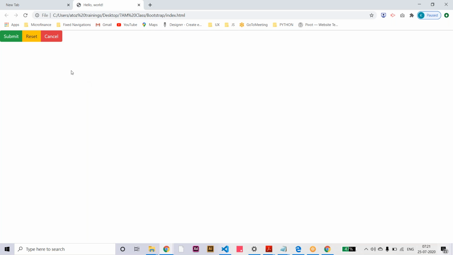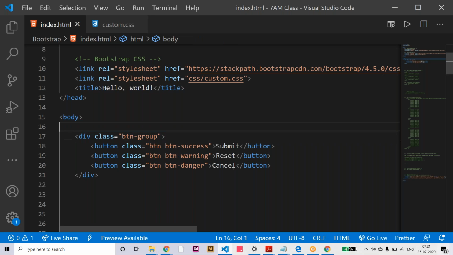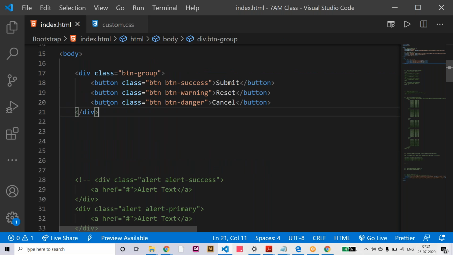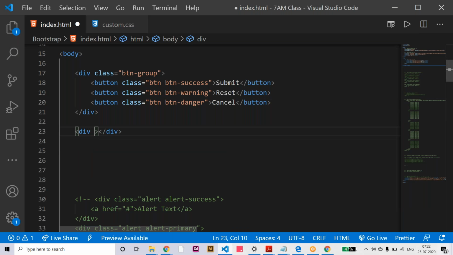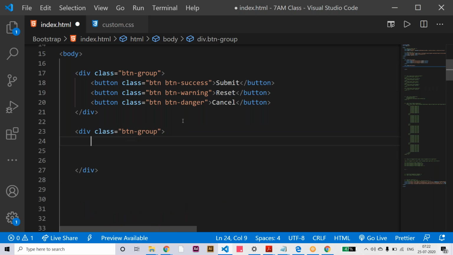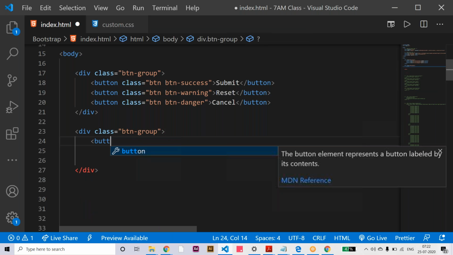Okay, so here let me apply this. Let me take a new div here with class equal to button group. Inside this div, let's say a button.